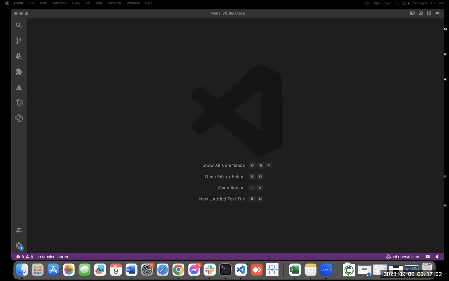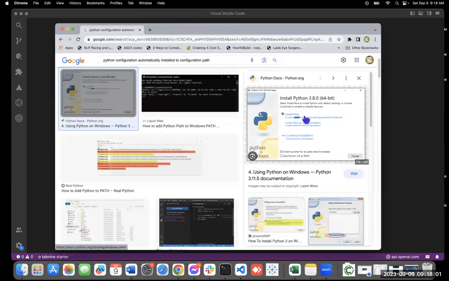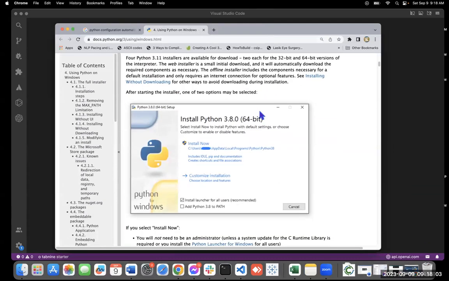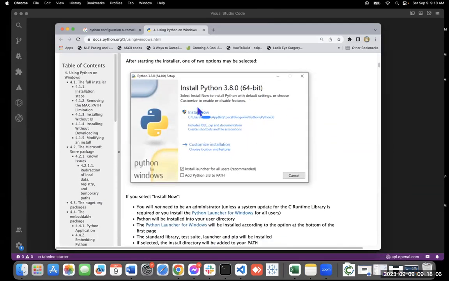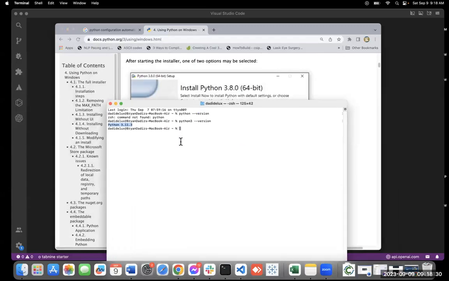Okay, so this is what I mean when I say, yan. Pag in-install nyo siya, for example, no? I-check nyo rin to, guys, yung add Python 3.8 to path. So, for example, ang dinownload ninyo 3.11, sasabihin dyan sa baba, add Python 3.11 to path. So, kailangan nyo itong i-check para gumana yung ganito, yung pag tinype ninyo